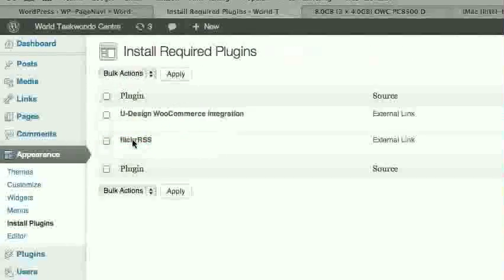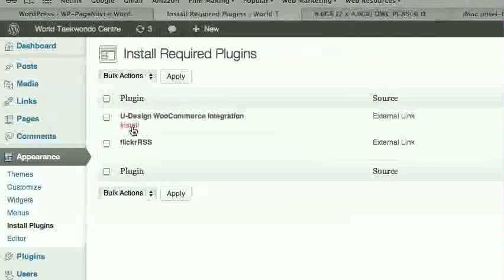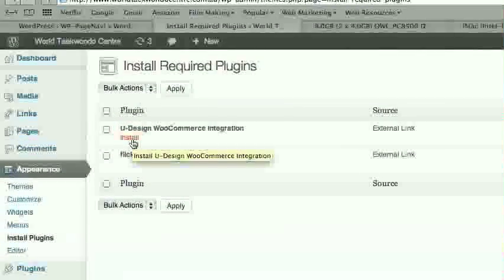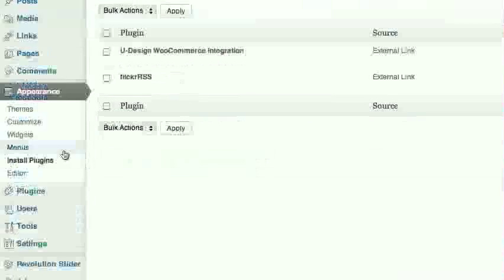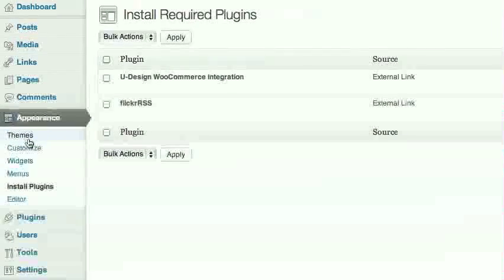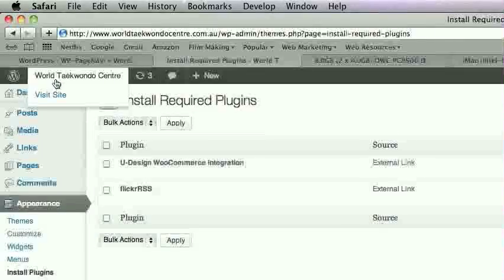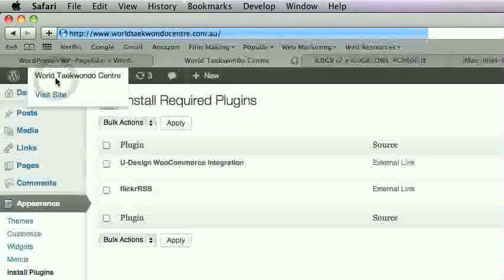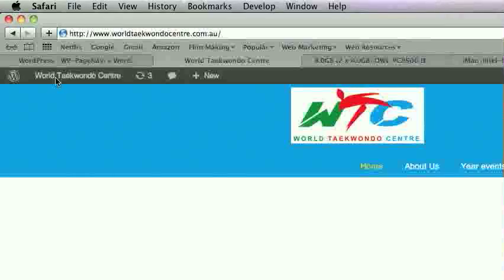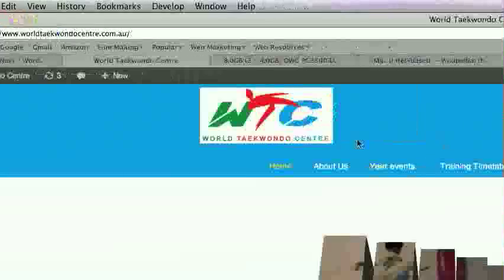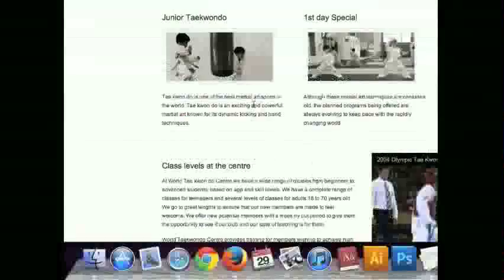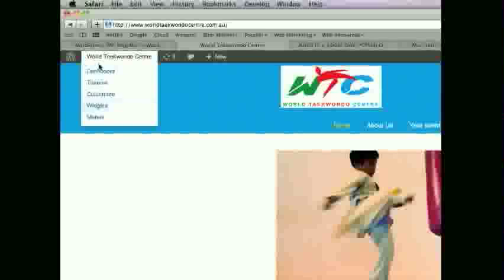Just going through everything now. Some of these other ones I'm not going to worry about. Certainly not the WooCommerce integration for this client. They won't need that. So just have a look at the website now. It looks like that's back to normal. So that's pretty cool. The next thing to do now